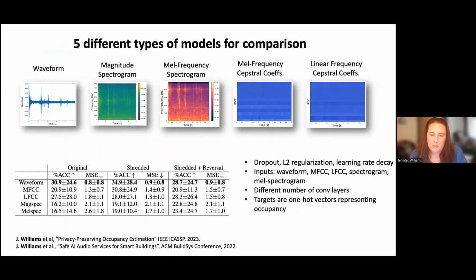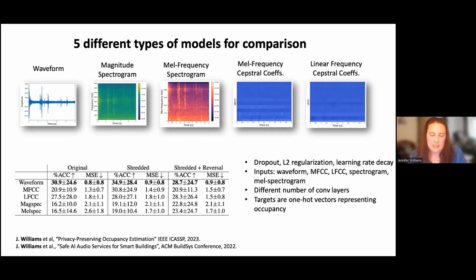The target that we're trying to predict was a 1-hot vector representing the occupancy, and we had occupancy ranging from 1 to 10 simultaneous speakers. So we're trying to predict how many speakers are in the audio. We found that the raw waveform performed best across all of the different privacy-preserving features. So we're able to predict the number of people in the audio to within approximately 1 to 2 people, which is